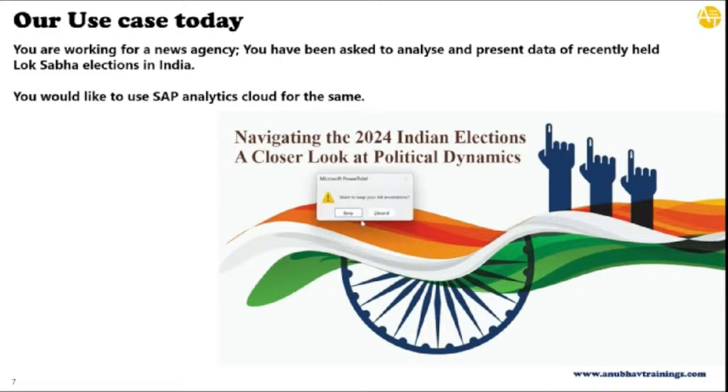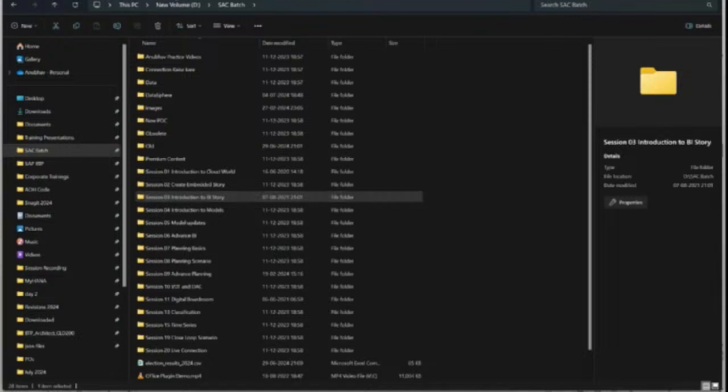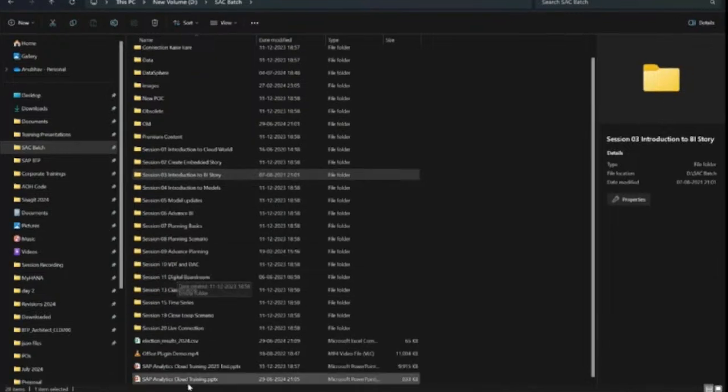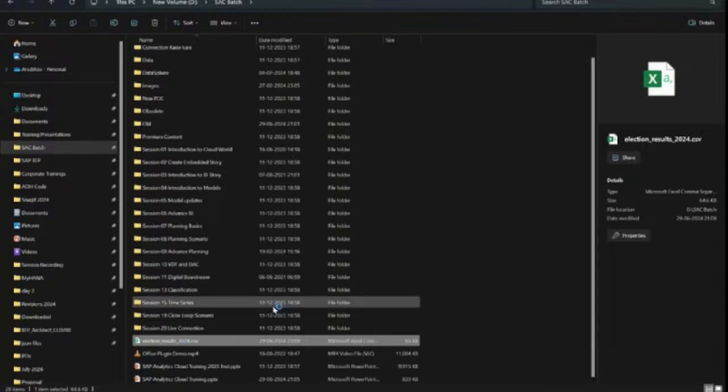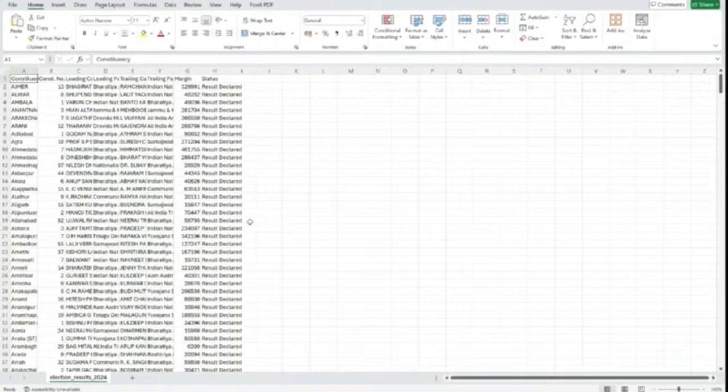So before we get into any analytics or insight, we need to first look at and understand our data set. So I have already prepared our data set here, which I will show to you. Let me go ahead and show you the data set which we had already created for the purpose of this demonstration. So let me go to my computer and open my folder. And in this folder, now you can see I have this election result 2024 data set, which I had prepared for this demonstration today. Now it's a flat file.